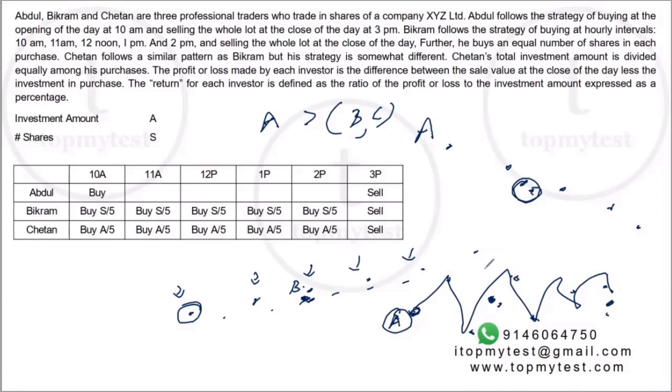So that is something which we will not know in case of a fluctuating or alternating sort of market. Whereas for a rising or falling market, we know very clearly Abdul will be either the biggest winner or the biggest loser. Now, beyond this, there is nothing much we can do. There is not a lot of information. Let's go to the questions one by one and try to solve them.